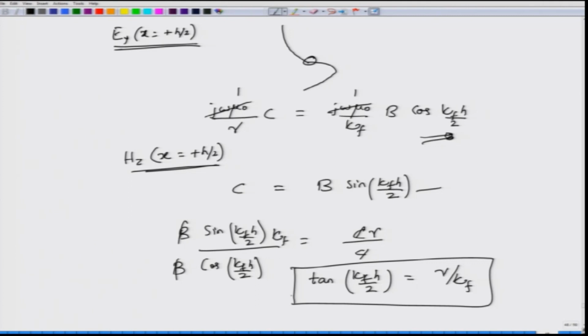Now, is this not the same equation that we obtained from the transverse resonance condition, which relates kappa f, the transverse wave number, to the decaying constant gamma? This is exactly the same equation. If, instead of assuming that the electric field would be in the form of a cosine kappa f x, you had assumed it would be in the form of sin kappa f x, you would have obtained the equation corresponding to the odd modes. There, instead of tan, you would have cot, and instead of gamma by kappa f, you would have kappa f by gamma with a minus sign. So, something very similar to what you have seen from the ray picture, you have the same equation.